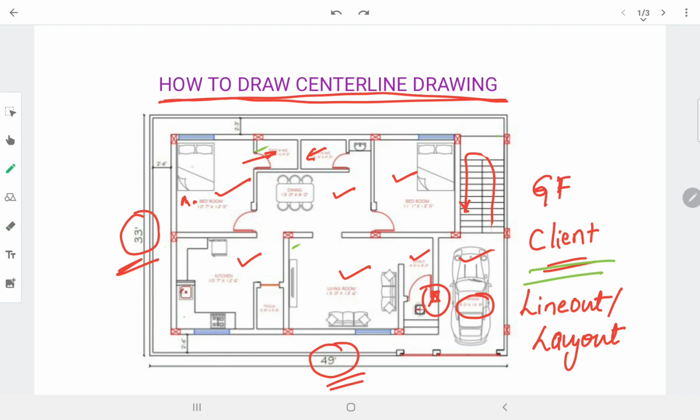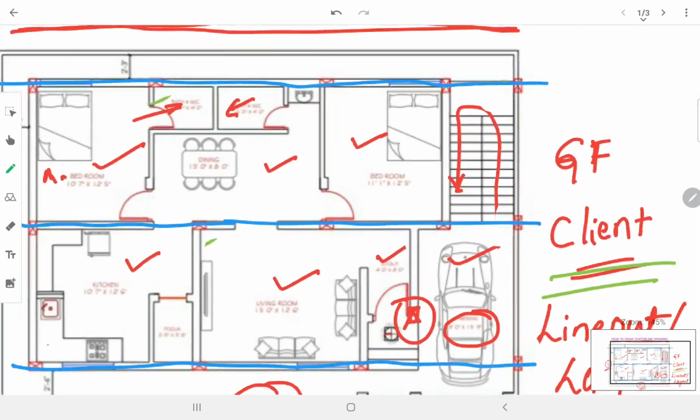In that case, I will draw the center line of a wall. Even if the column orientation is different, the centers will not match.